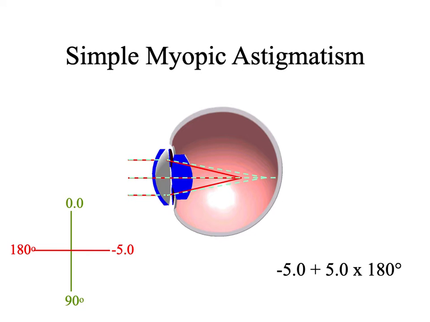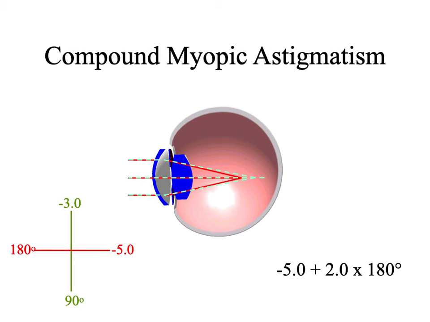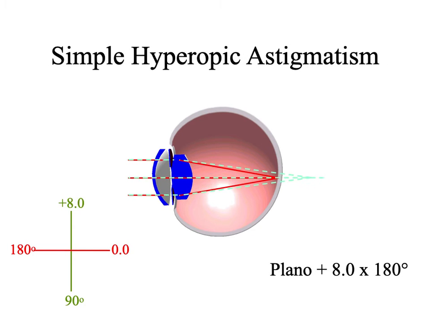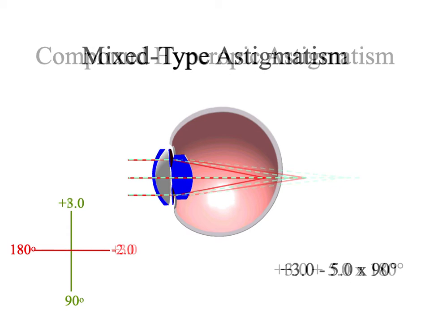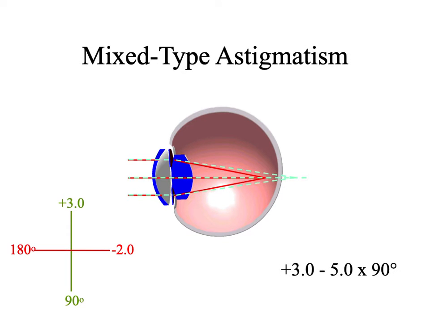So we don't need the diagram. All that we have to see is that one of the arms is 0 and one of the arms is -5 to know that it is simple myopic astigmatism. Compound, both of the arms, one is -3 and one is -5. Again, we're deriving that just by adding the cylinder to the sphere to get one of the arms, and then the other arm is just the sphere. Similarly here, plano and +8, and in the case of compound hyperopic, +8 and +3, and in the case of mixed type,